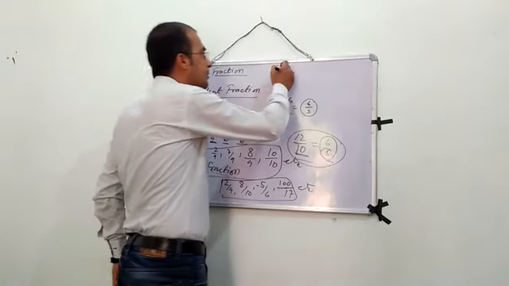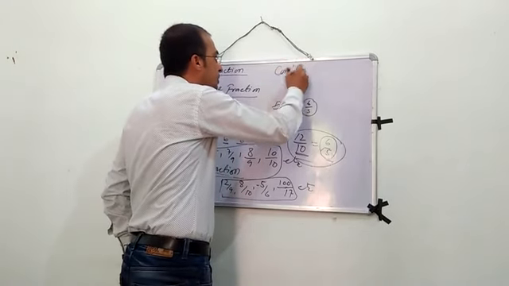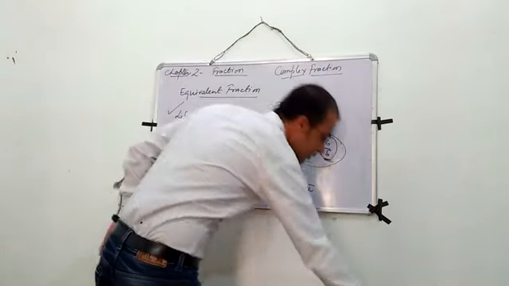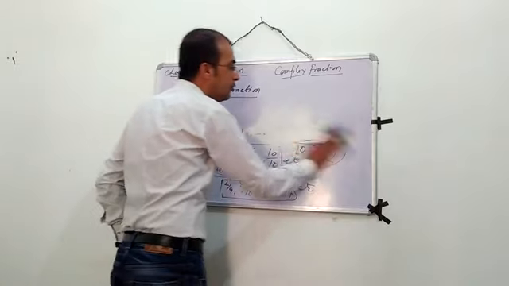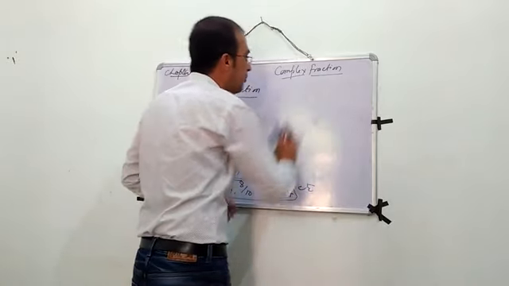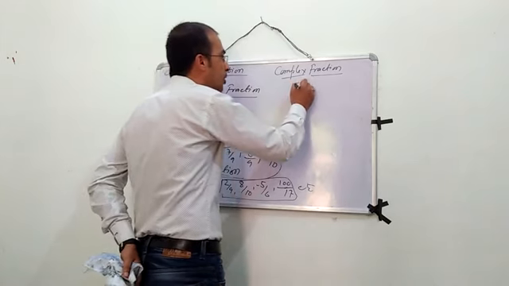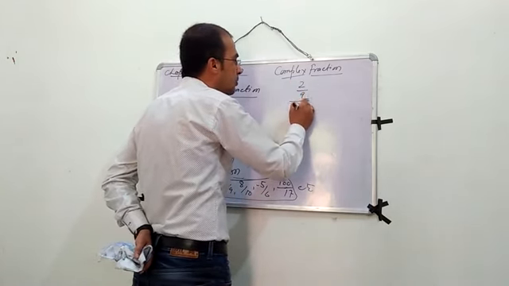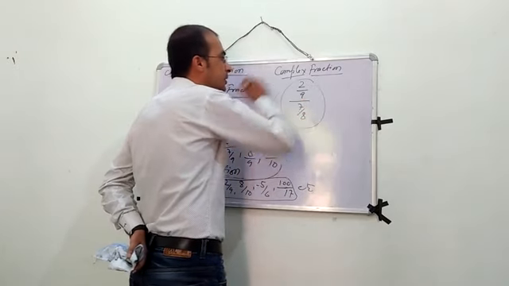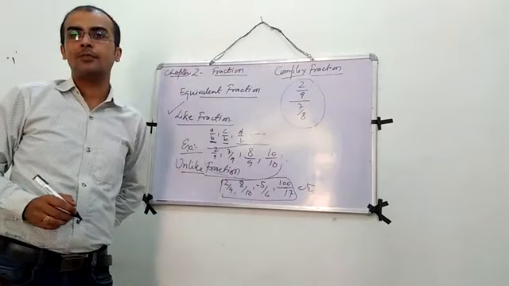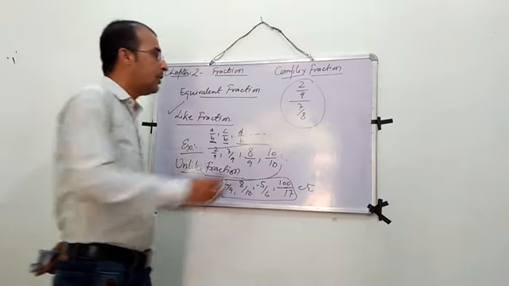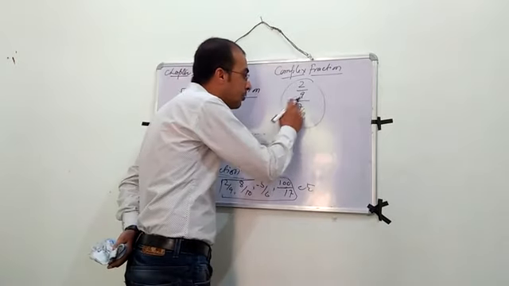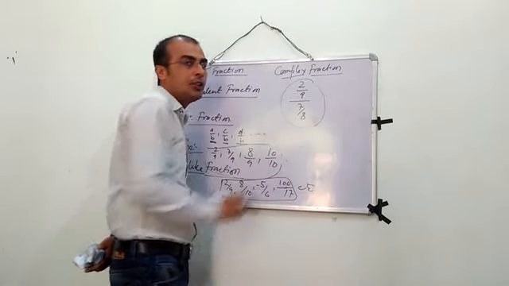Now, complex fraction. What is a complex fraction? A fraction in the form of proper and improper fractions written in this form. For example, 2 by 9 over 7 by 8, like this. This fraction is said to be a complex fraction. Is it clear? This is a fraction that represents the numerator. This is also another fraction that represents the denominator.